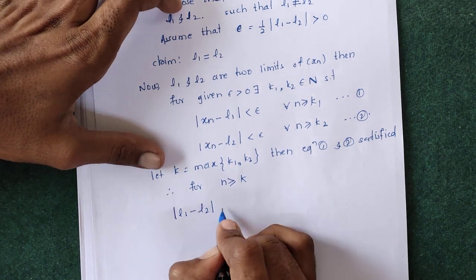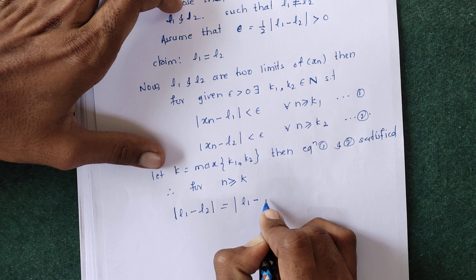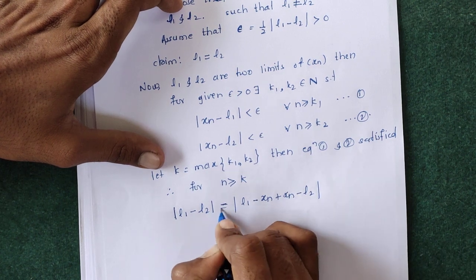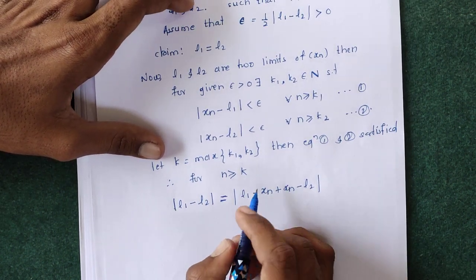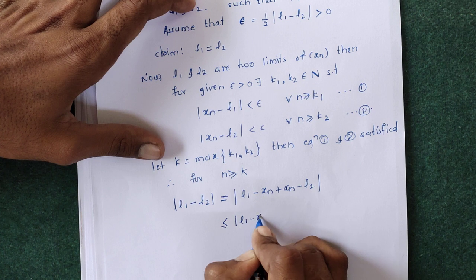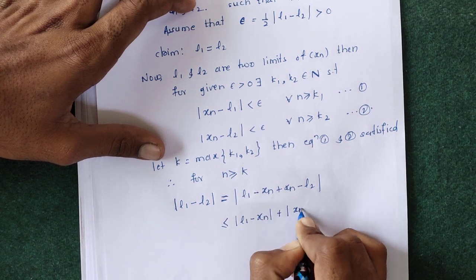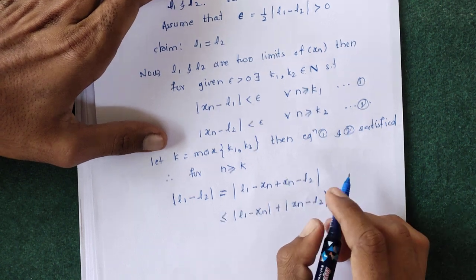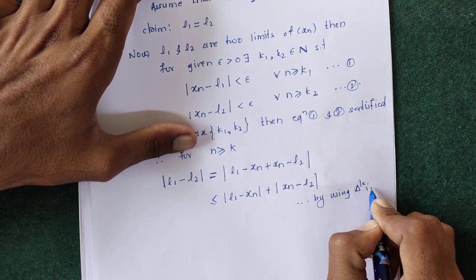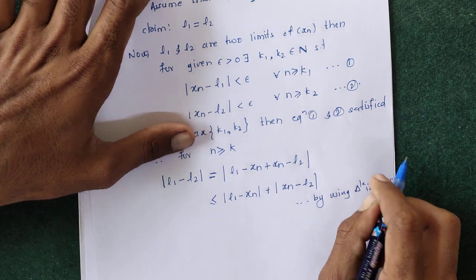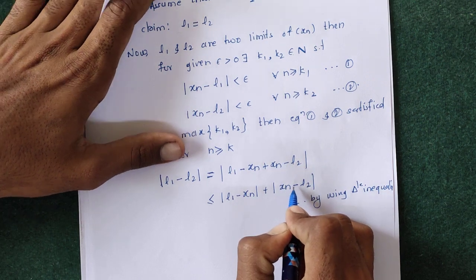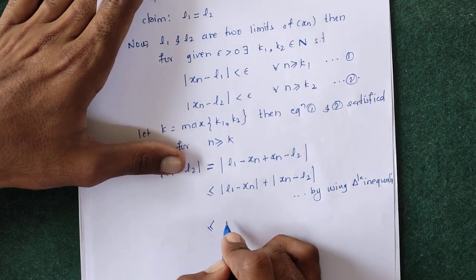If we choose mod L1 minus L2, which is equal to mod of L1 minus xn plus xn, adding and subtracting xn in this inequality, this is equal to this because we are just adding and subtracting. Now, suppose mod A plus B is less than or equal to mod A plus mod B. Using the triangle inequality, which we have seen in the first chapter, we can write mod L1 minus xn plus mod xn minus L2, which is less than or equal to mod